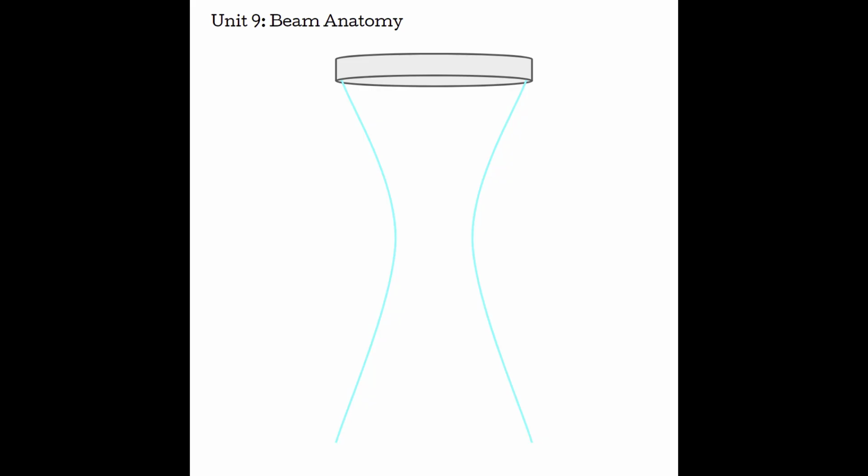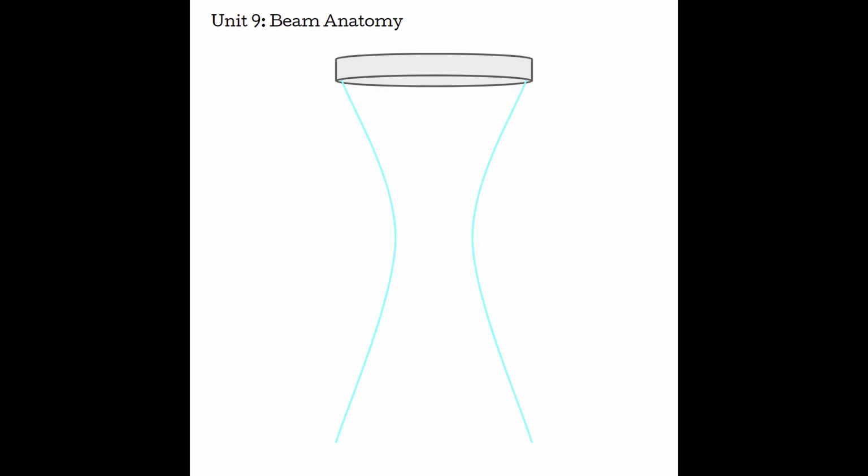Unit 9, Beam Anatomy. Just as we discussed the anatomy of the transducer using a simple single element, we'll use the single element transducer to discuss how an ultrasound beam looks in space. Note that this is going to be overly simplified for our initial discussion. We'll add some more things to consider in regards to more modern transducers at the end of the unit. For the time being though, the following diagrams are all referring to a single element transducer that is operating as